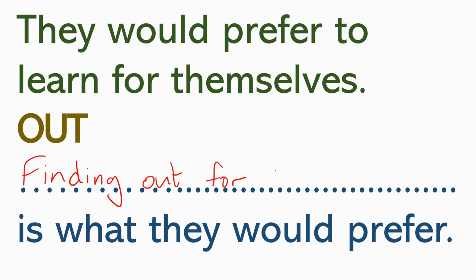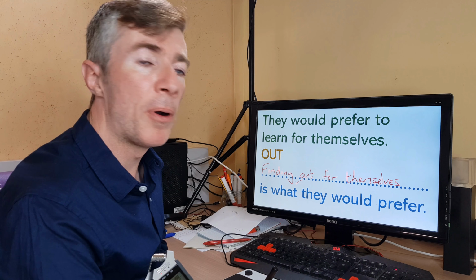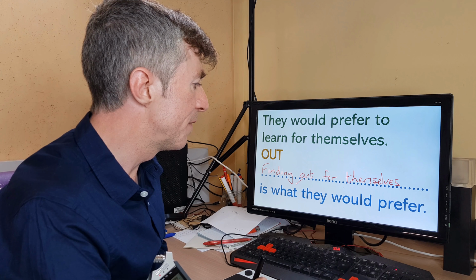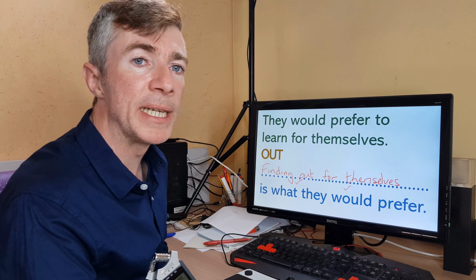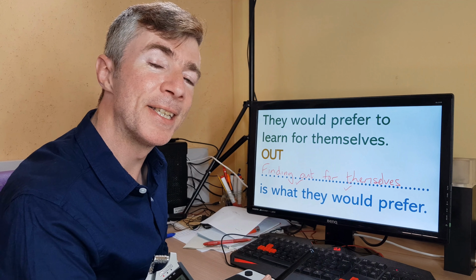for themselves is what they prefer to do. So if you've got the phrasal verb at the beginning, that would be a point, and if you included for themselves, that would also be a point. Let's have a look at number